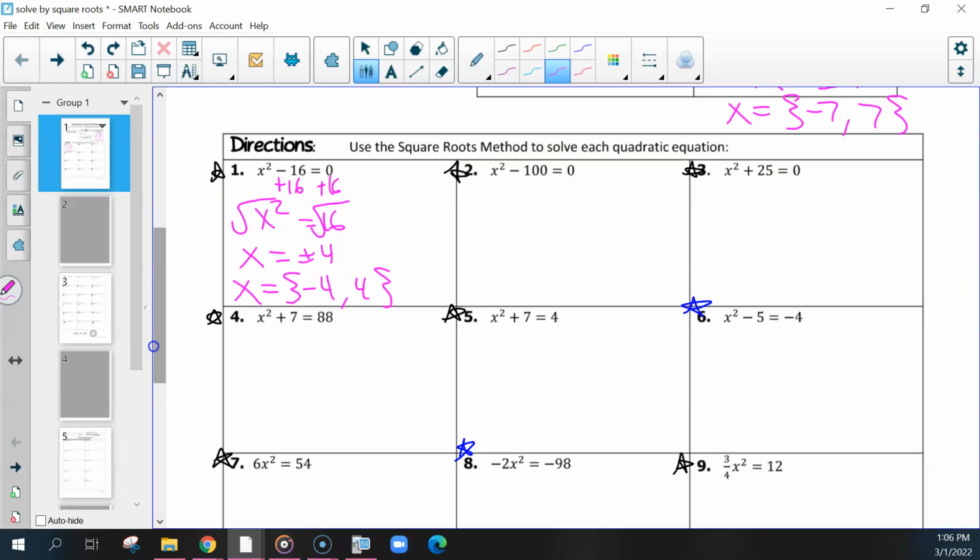Someone walk me through how I would do number 2. Add one on both sides. Bring down the x squared and equals, and then for the square root, so x equals